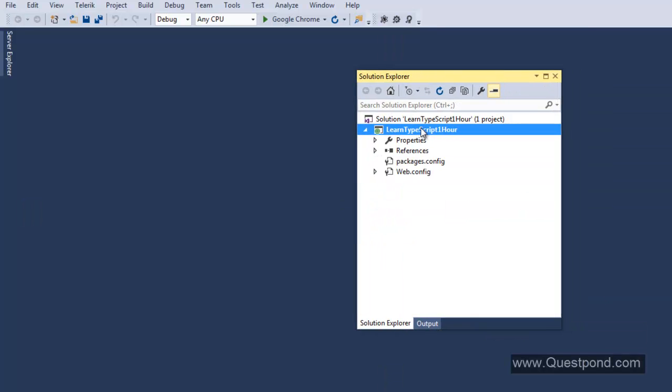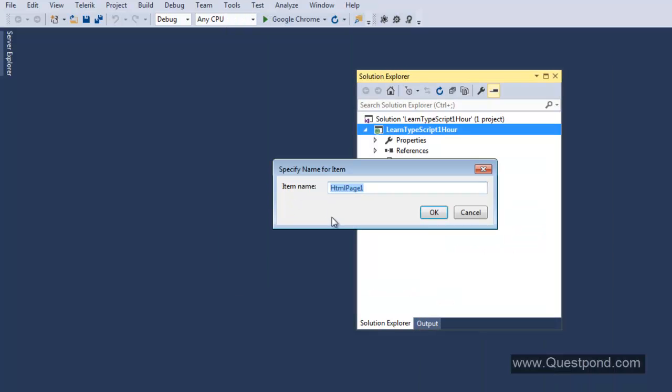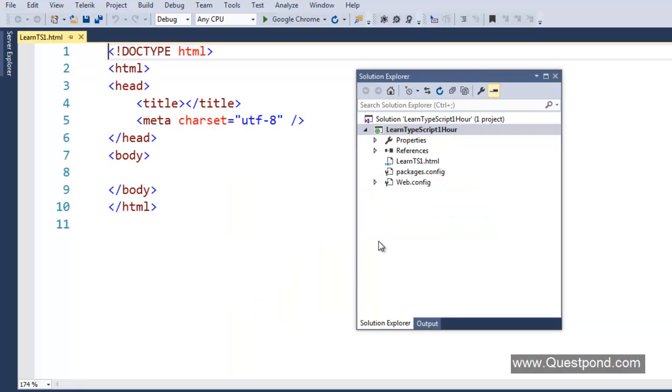So let me go here and let me add a simple HTML page. I'll say learn TS1. So this is lesson 1, okay, TS1. So now what happens here is,